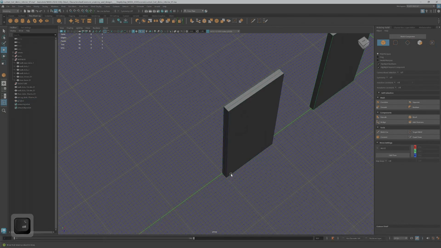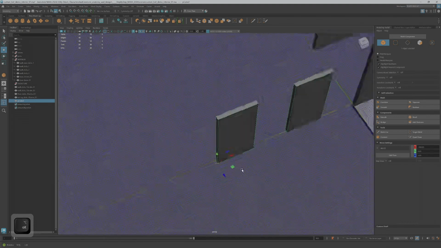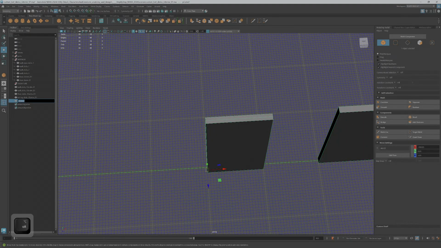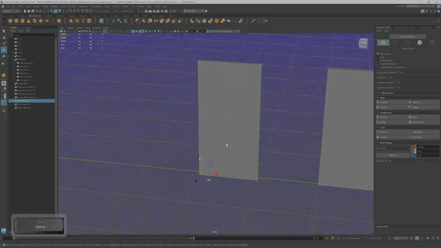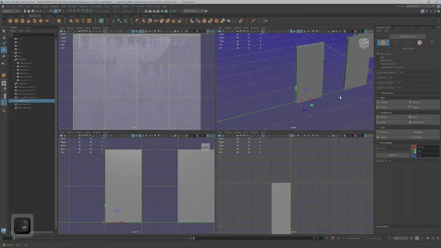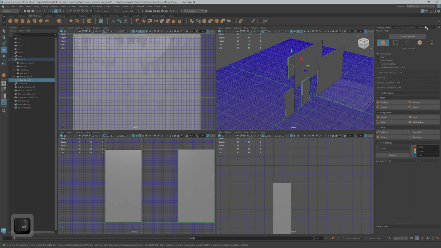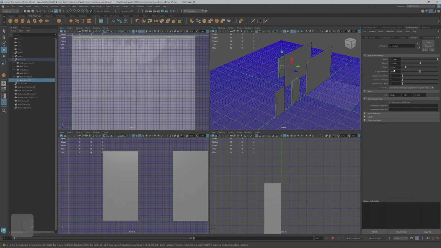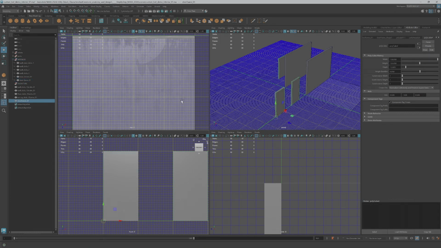Okay, so now I know that I have a center line of the door frame to work with, and once I get that done, that's my P cube, so I'll call this door frame underscore 01. And if you want to do the measurements on it, you can. So you can see what I had on the readout for this one over here in the attribute editor. It's 100, 210. So we just do the width, height, and depth. So I could do a 1 by 2 by dot 10. So let's go ahead and name that door frame 1 by 2 by dot 10